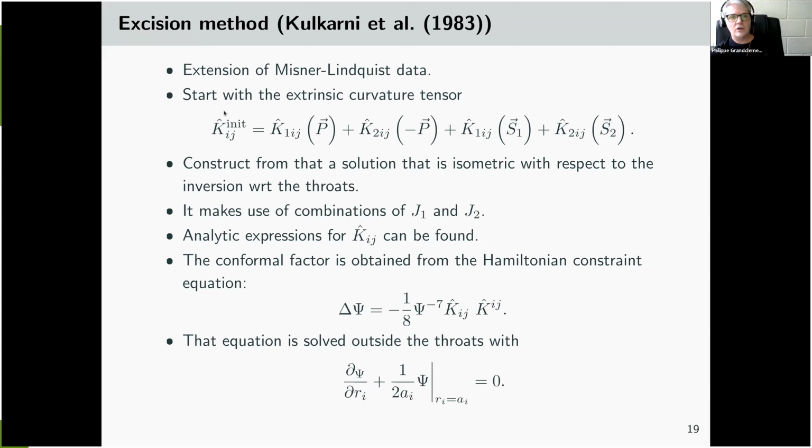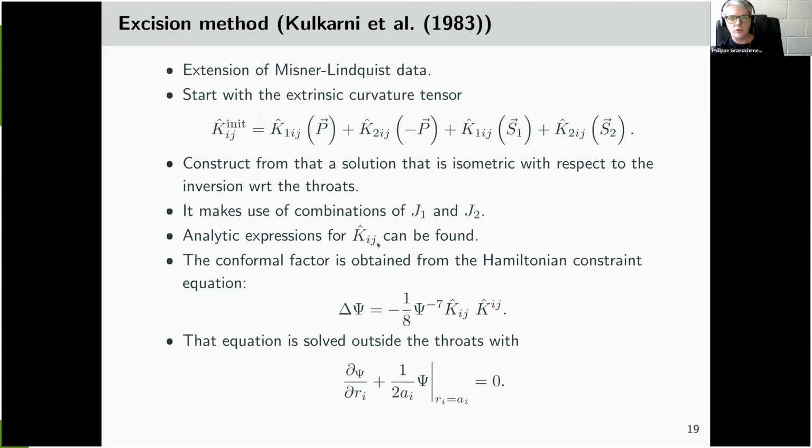So essentially, you cannot take this K directly. You need to slightly modify it using the inversions with respect to the sphere. Once again, it's not very important, but bottom line, you can still find some analytic expression for the extrinsic curvature